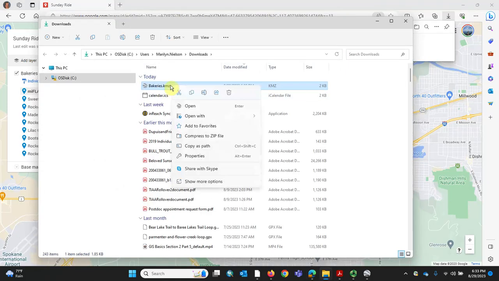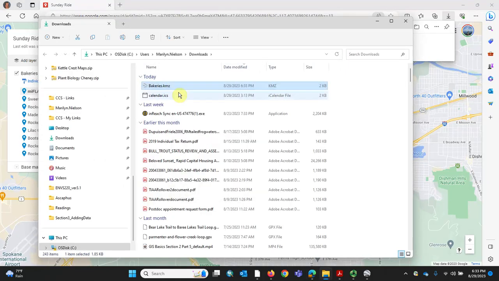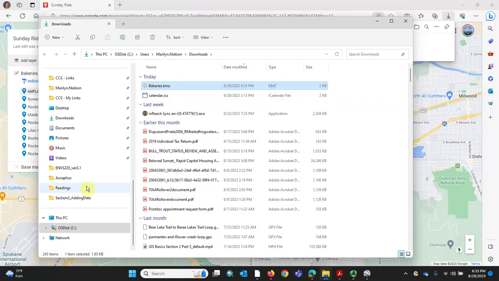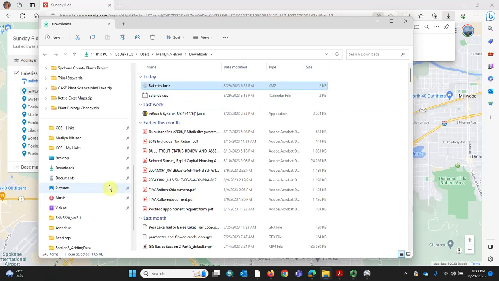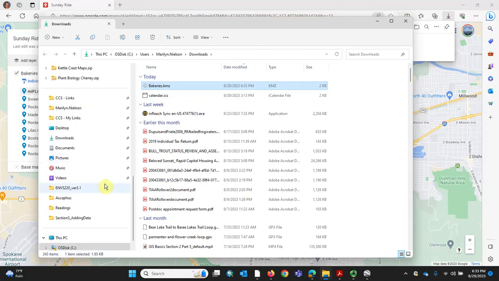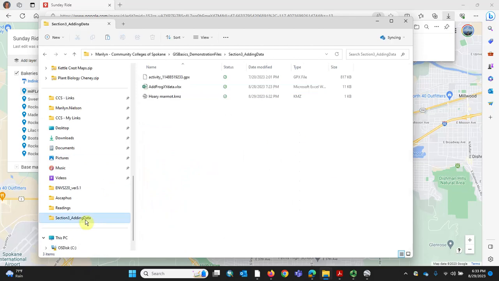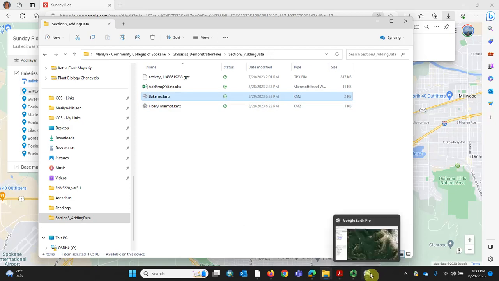So I'm going to right click, cut it out of my downloads, and put it into the folder I'm using for this class. Let's see here. Where was that? Oh, how about I just go to my quick link? I'm going to put it in the adding data folder, paste it in there. So now I've got my bakeries, and I'm going to then use the